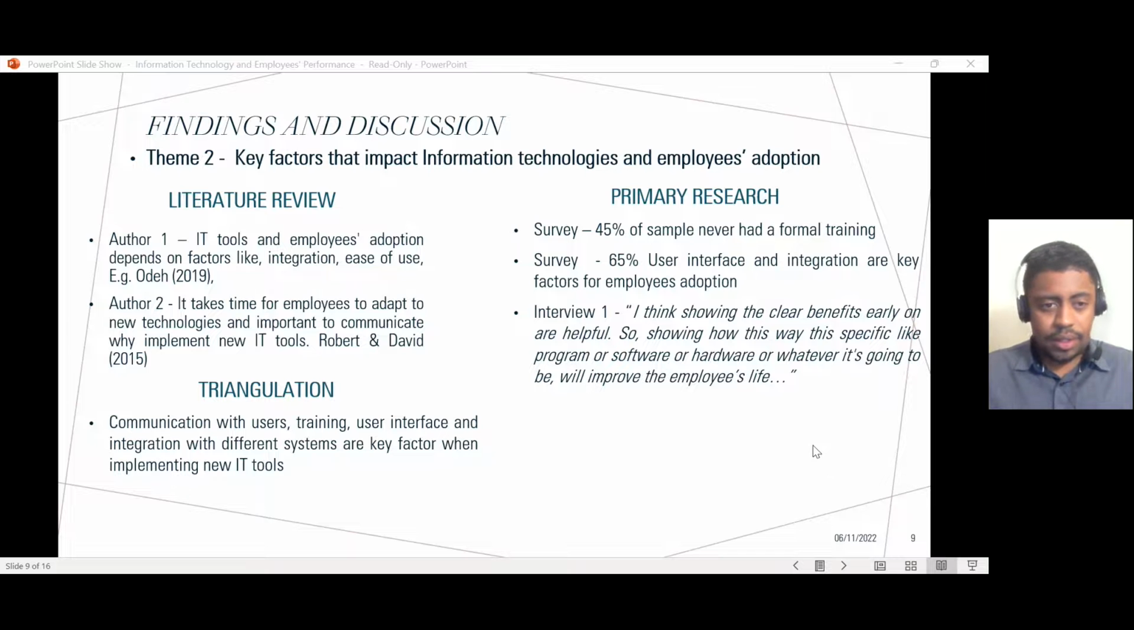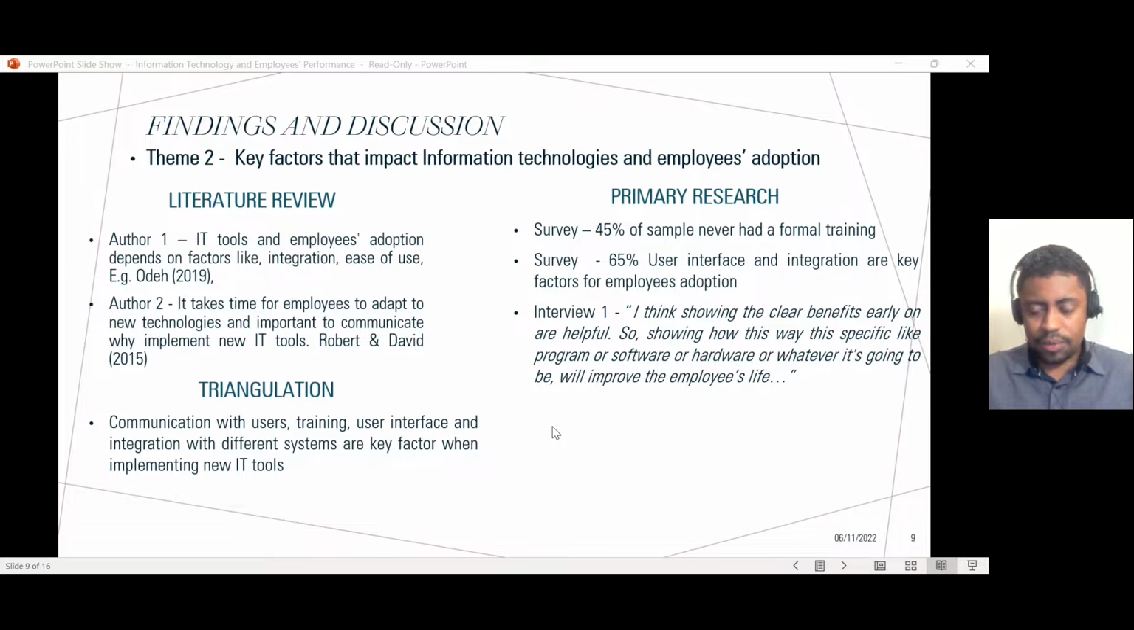So, as I said in the literature review, IT tools and employees' adoption depends on factors like integration and ease of use. And by doing my primary research, I found out that 65% say that user interface and integration are key factors for employees' adoption. And another point here was the